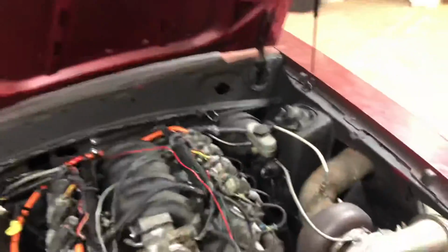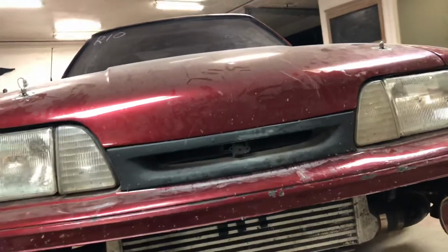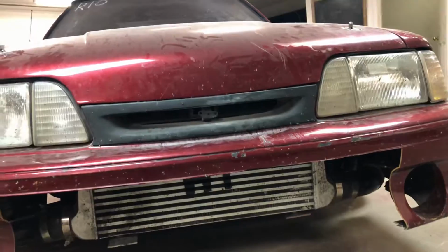The engine bay is kind of crammed with room. When we shut the hood, there's not much room. There's not much airflow getting to the radiator, but I don't know what other guys with Fox bodies do. I have no idea. Like I said, there's not much room for airflow here at all,